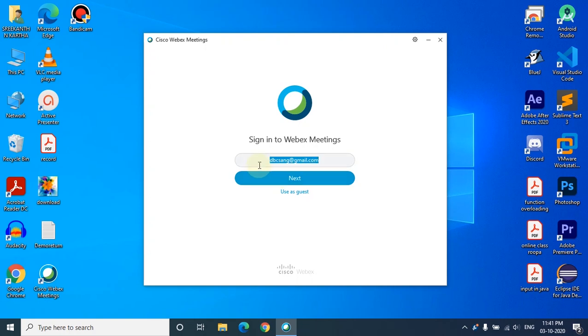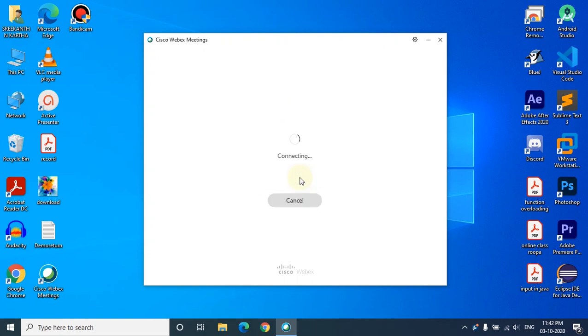This is for example for class 10, so that is the email ID which I have typed in. It will be provided to you by the school. After scheduling is done, the email ID and the password will be provided to you. This is the email ID with which I am going to conduct my class. I have typed in this email ID and I am going to click on next.